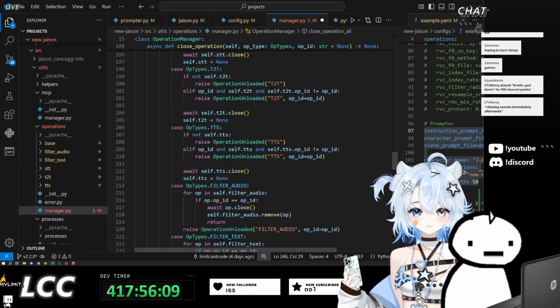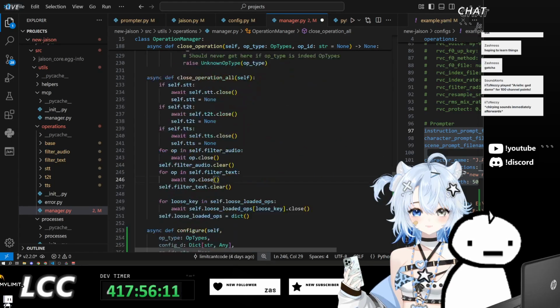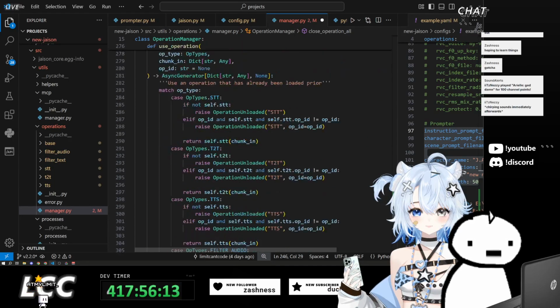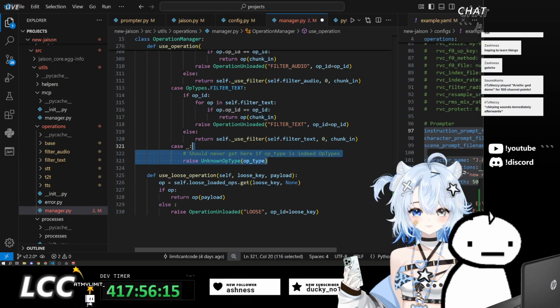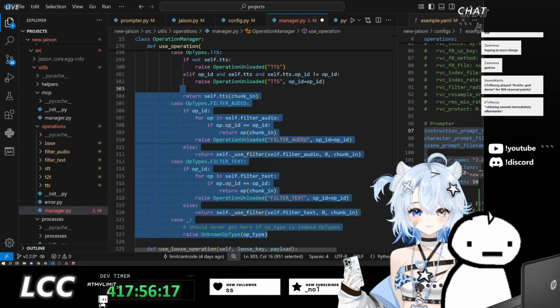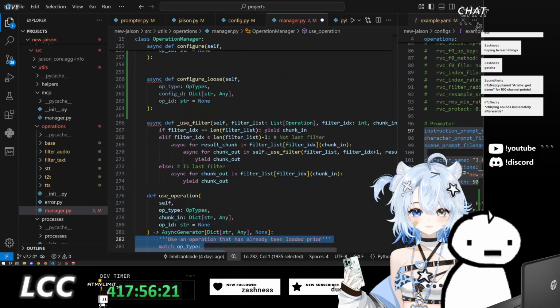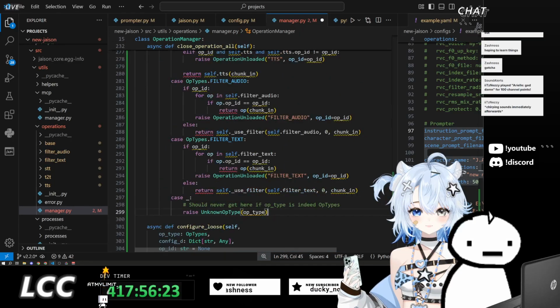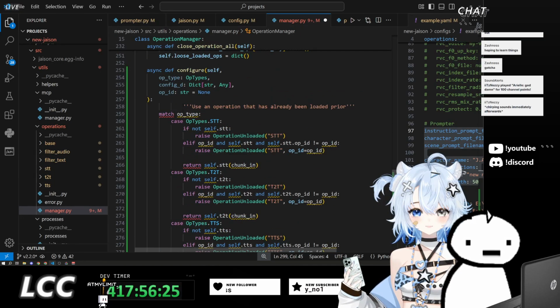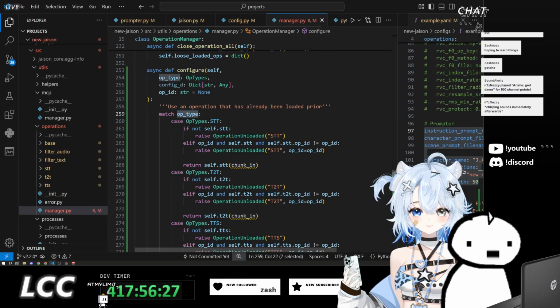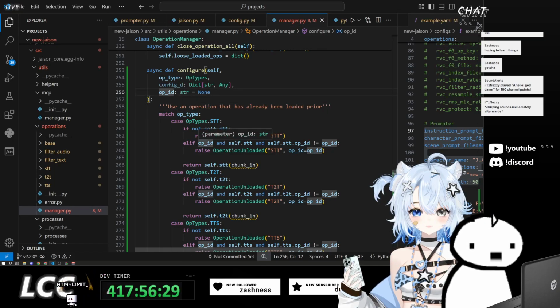Use operation is probably the one that we want to look at. We need to split by the specific operation type. And we check inside of each operation type if the appropriate operation ID is loaded.